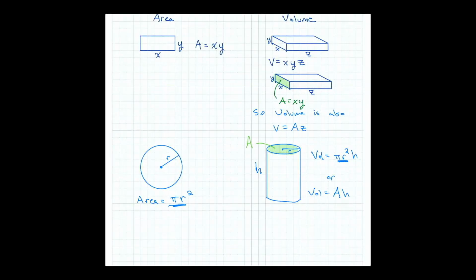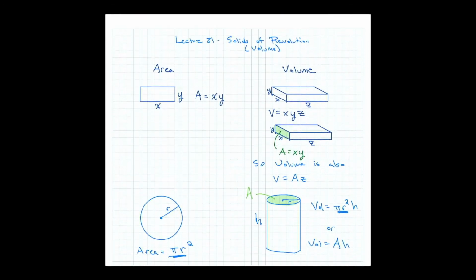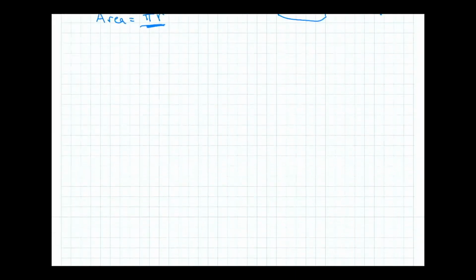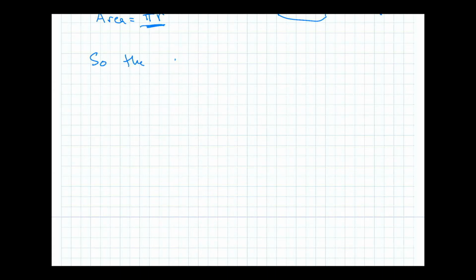Now, what was the point of this? The point of this was this concept of an area times a height, or an area times a length here, giving you a volume. That's really the whole idea that we're going to be dealing with for the solids of revolution, which is today's concept. Okay, so let's just mention that last bit again. So the concept